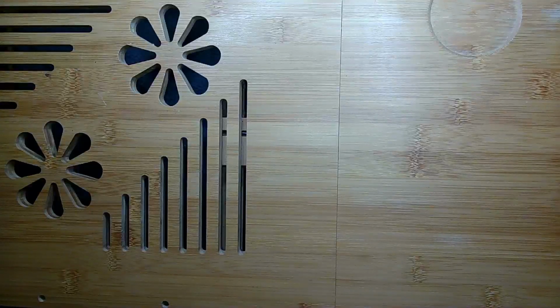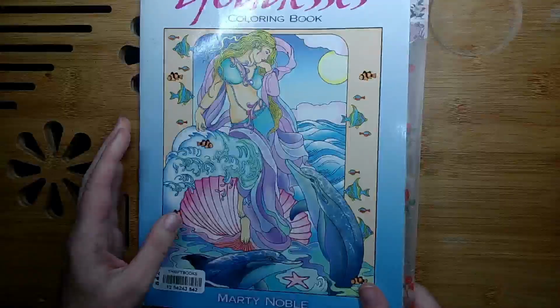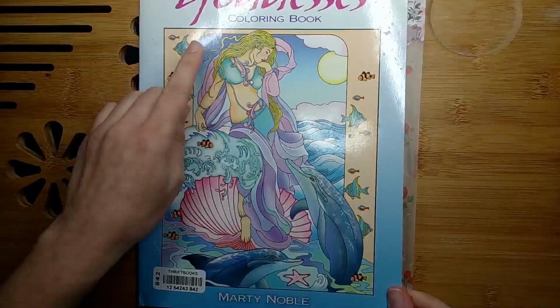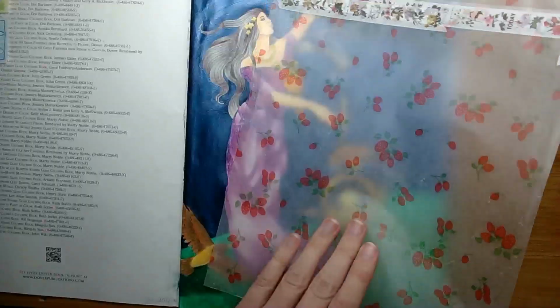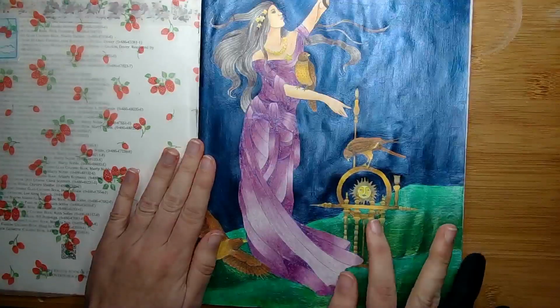Like I said, I wanted to participate in New Book November. And the first one is in the Dover coloring book Goddesses by Martin Noble. And here I've done the title page. I've bought this